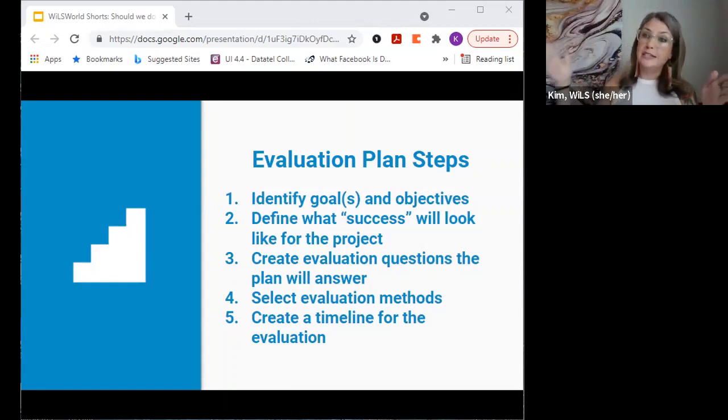When are the broad start and end points here? Looking at those evaluation questions and methods, when is data collection going to need to occur? And then who is responsible for making sure that it happens? It's also really important, if possible, on the front end, if you're doing planning for evaluation, to schedule regular check-ins, depending on how long the project is, either monthly, quarterly, biannually, whatever, so that any issues in keeping the plan on track are able to be addressed before it's too late.